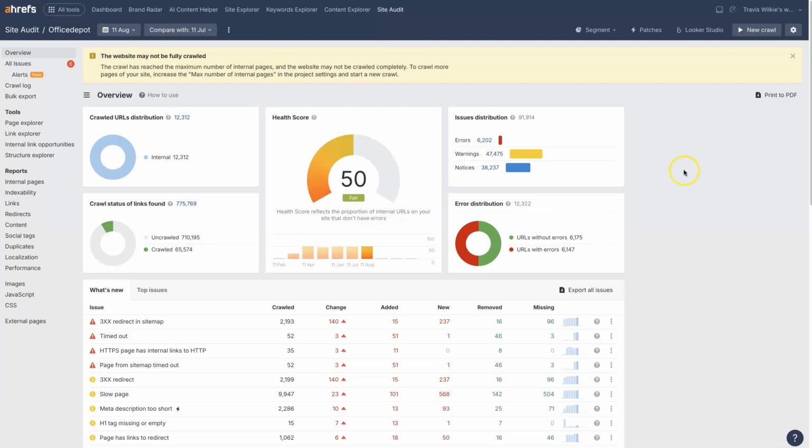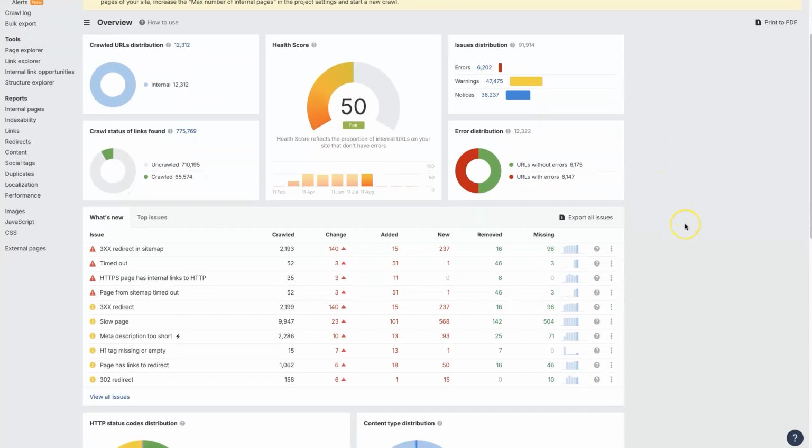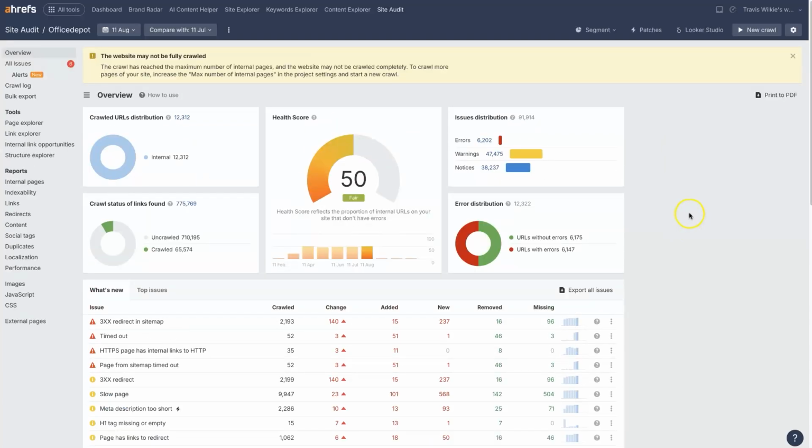Here's one for Office Depot. Obviously, this is just an example. Not affiliated with Office Depot in any way. However, we can see from analyzing their site that there is some percentage of issues that are errors, warnings, and notices that we'd probably want to look at taking care of. Just from a technical SEO standpoint, in order to get things cleaned up, could be everything from 300